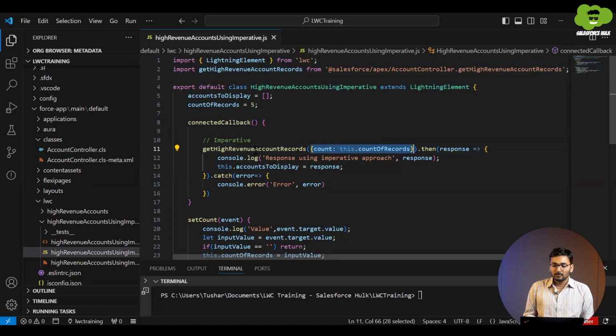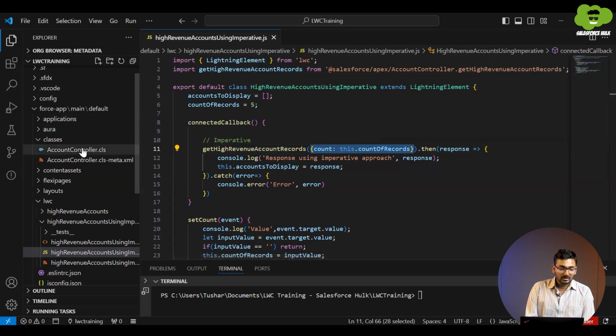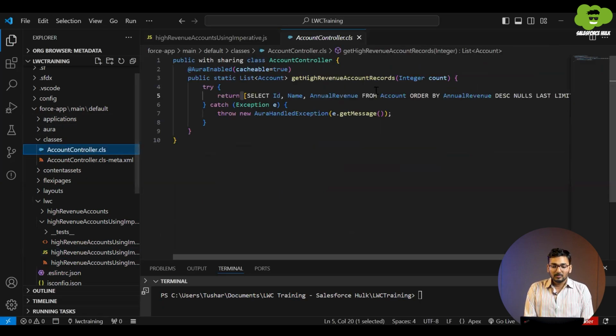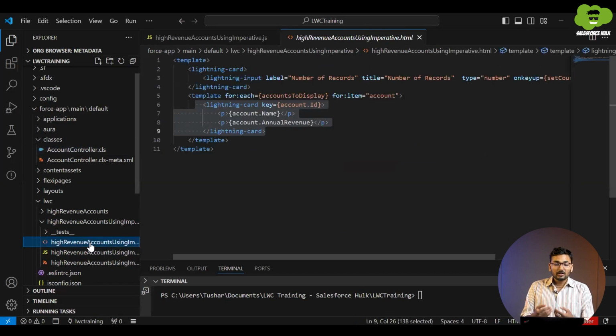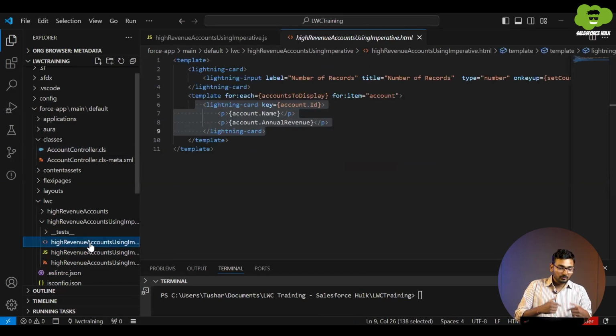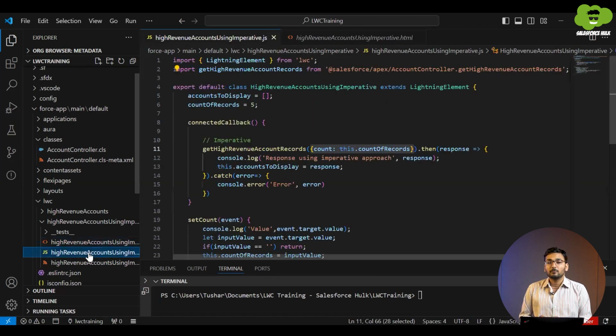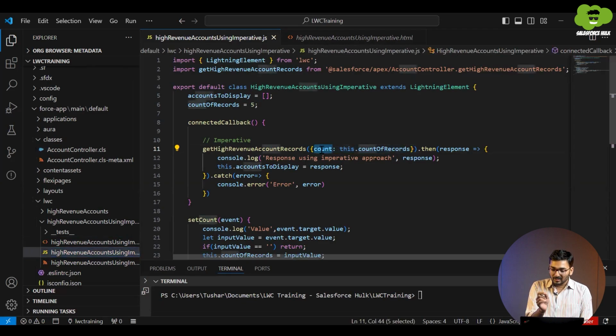The reason is very simple. As you can see in the AccountController class, the method is defined with a parameter, which is the count parameter. So obviously when we call this Apex method from the LWC component, we have to pass the parameter. One point to note is that this particular parameter